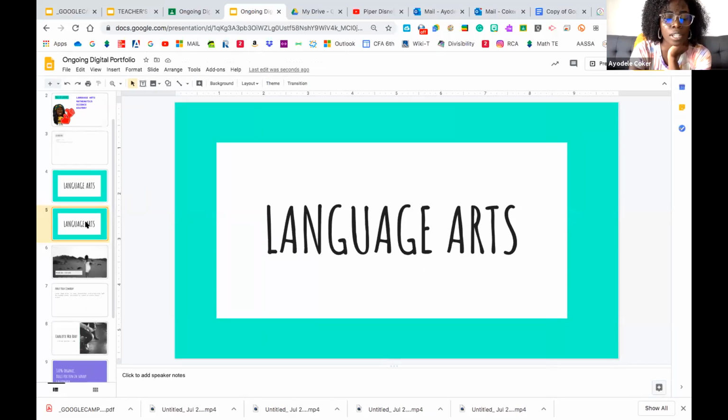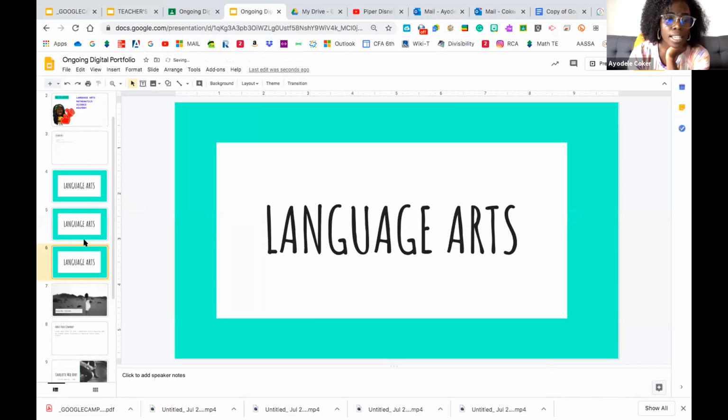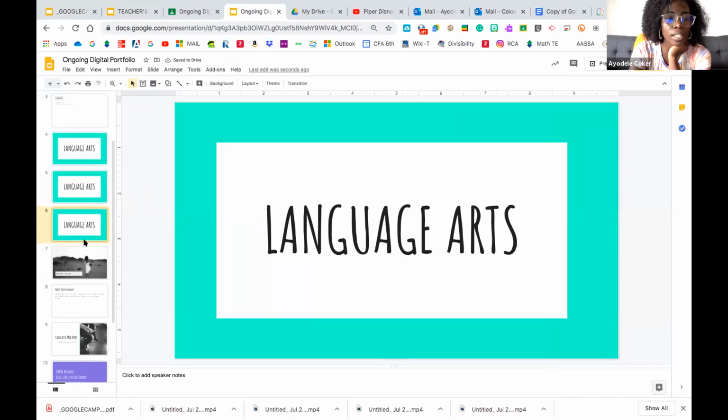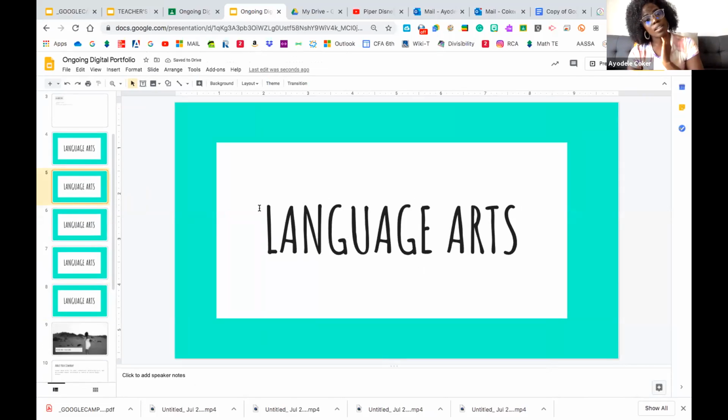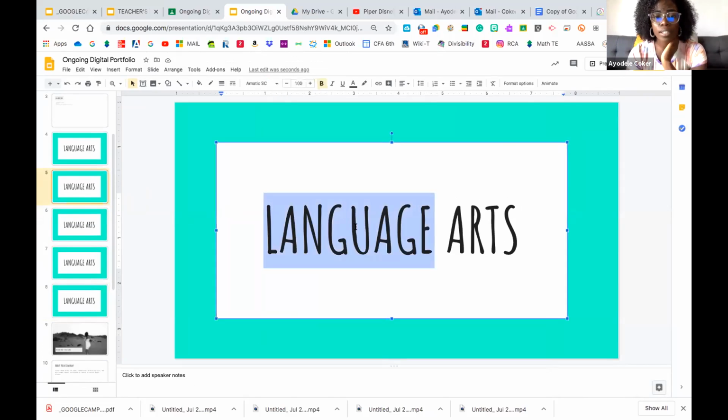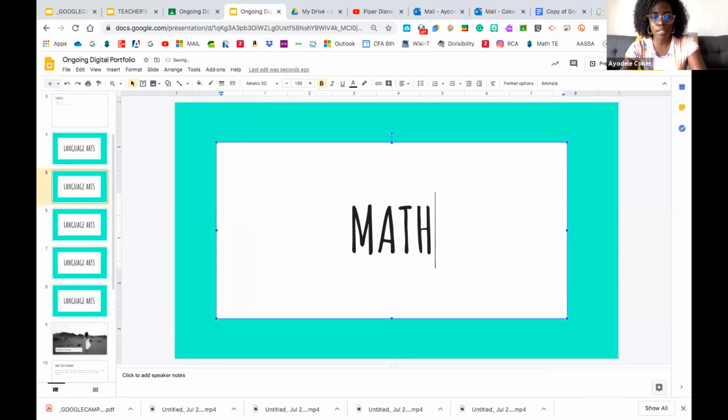Then go back to your keyboard, Control again, and hit the V as in Victor this time, and paste it. And it'll paste it like that, and you can do it as many times as you want. We're gonna have 5 altogether. The first one's language arts. Come back up to the second one, which for me is slide 5, okay? And change it to math.